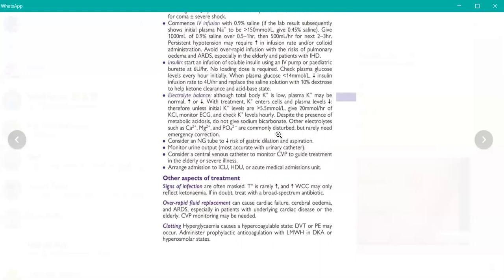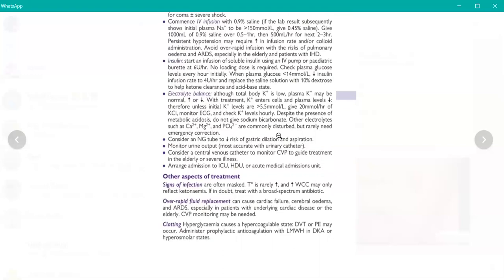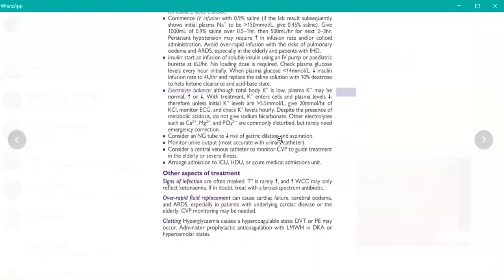Okay, we also need to check for electrolyte imbalance, specifically the potassium. Total body potassium is low, but plasma potassium may be normal or high. So with treatment, potassium enters cells and plasma levels of potassium are reduced. Therefore, unless initial potassium levels are more than 5.5 millimole,